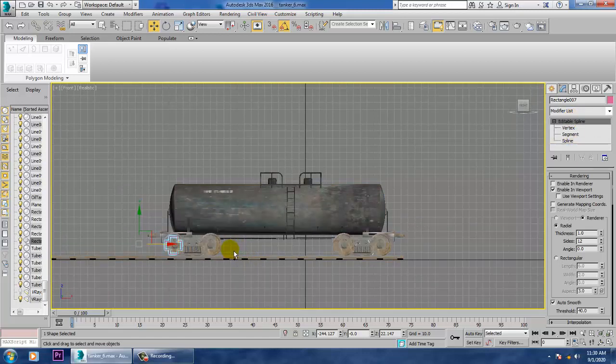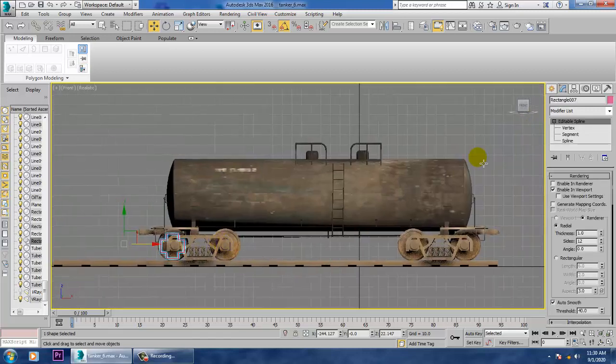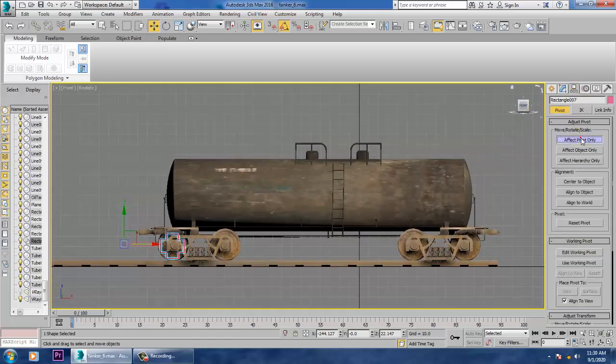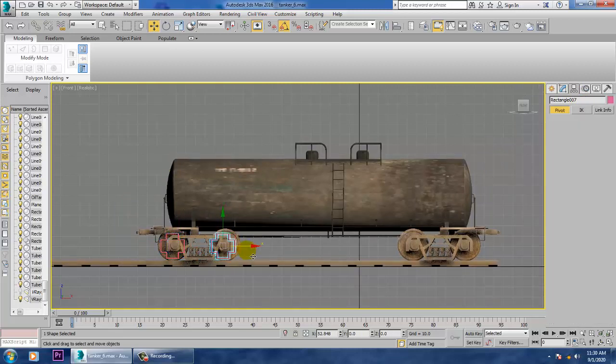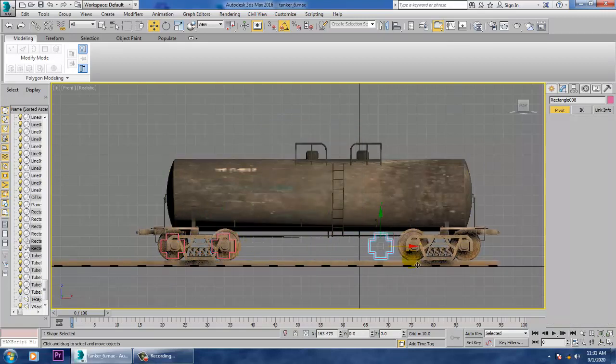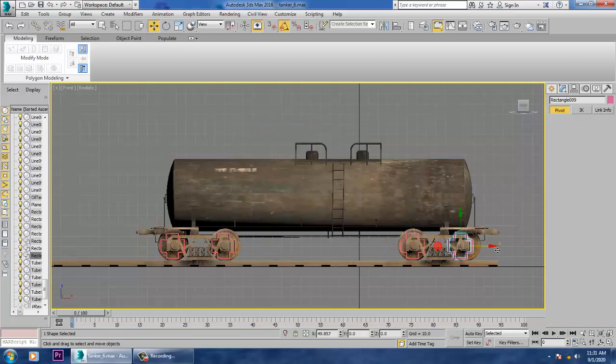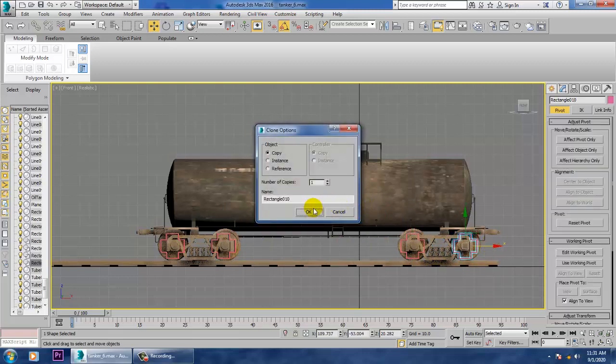I'm sorry, you have to come out of it. Hierarchy, affect pivot only, center to object. Now shift and drag. Make a copy. Again shift and drag. Make a copy. So make 4 copies of it and click OK.